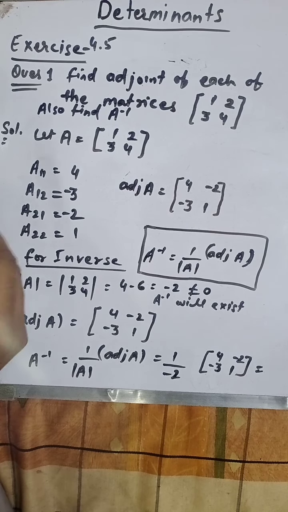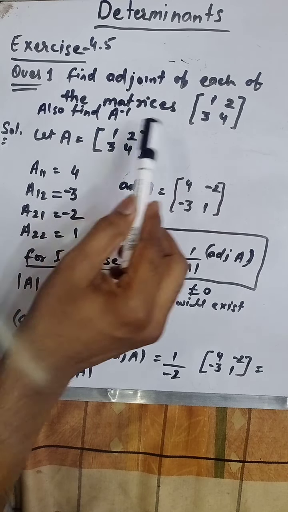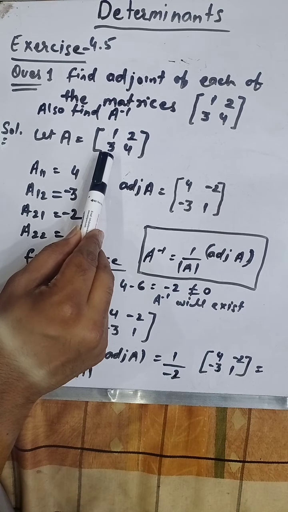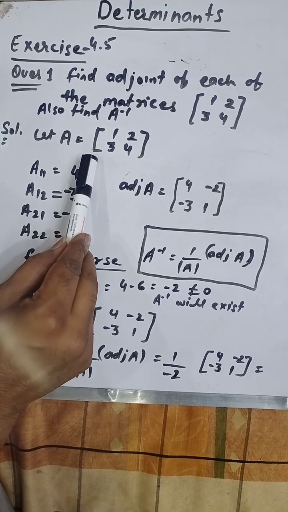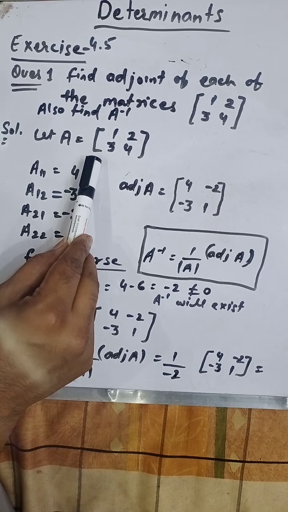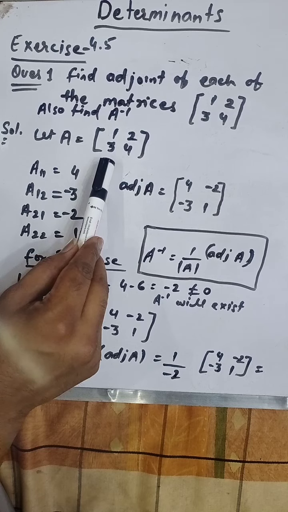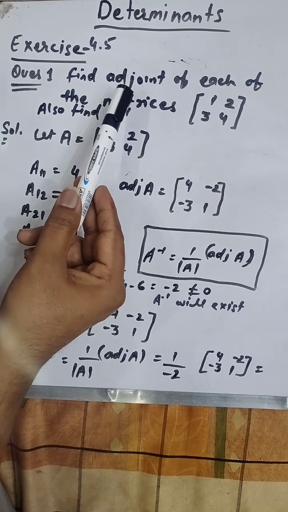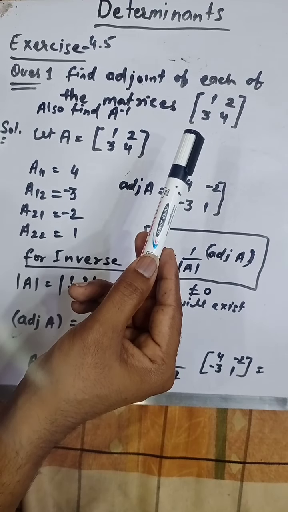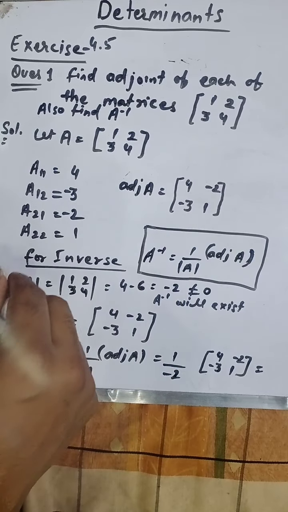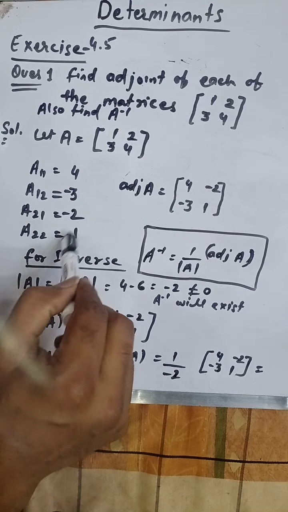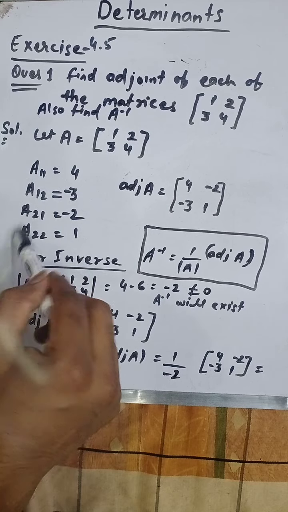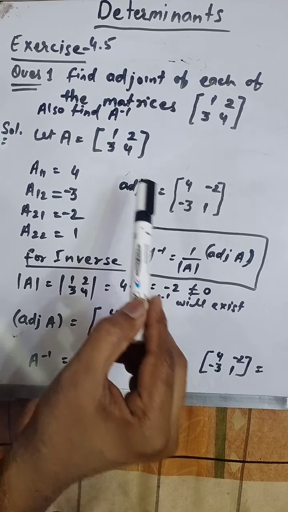Okay, see, here's the solution. So we are giving a name to this matrix. Let A be equal to this. Okay, and in the previous video we have discussed cofactors. Okay, when you have to find the adjoint or inverse of any matrix, there is no need to find minors. You can directly find the cofactors. Okay, so here these are the cofactors of this given matrix.